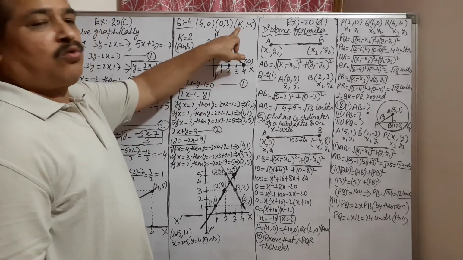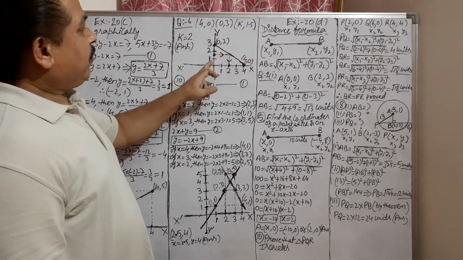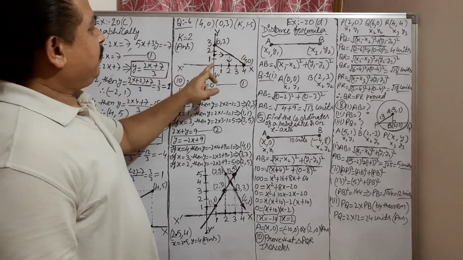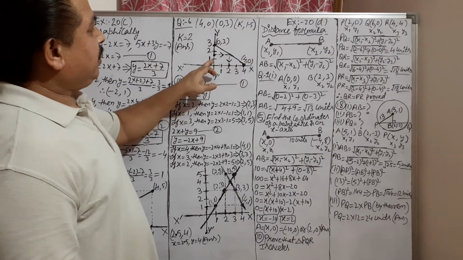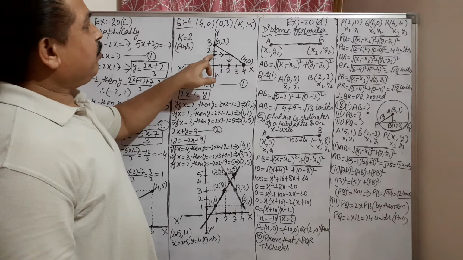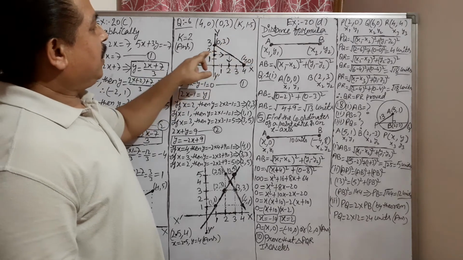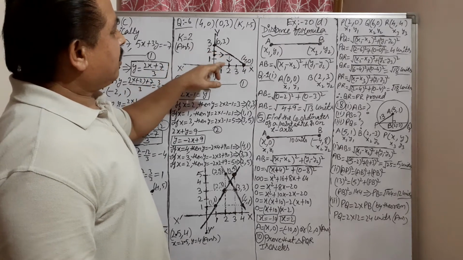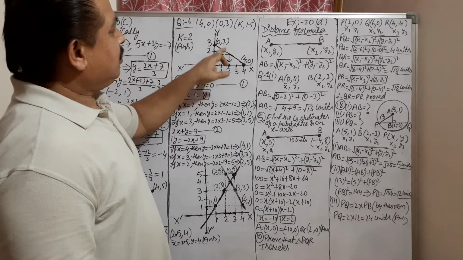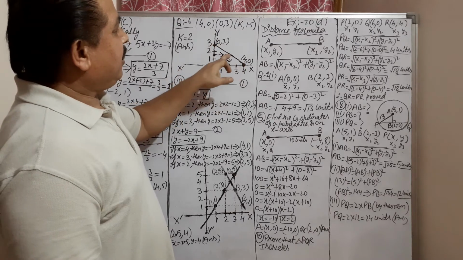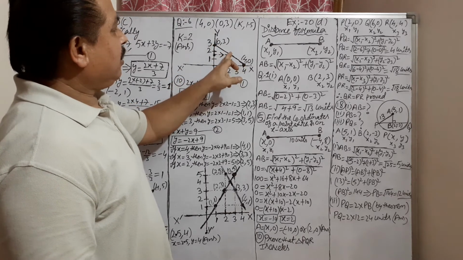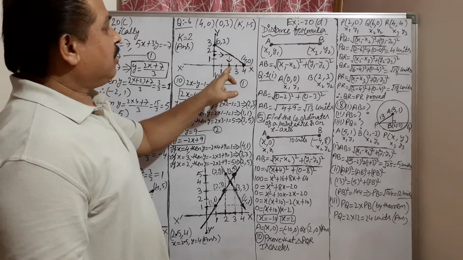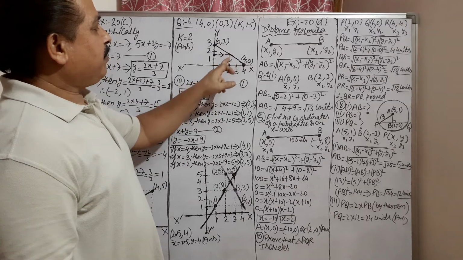And we have to find out the x coordinate. So on the y-axis, see where 1.5 is. It is between 1 and 2. This is 1.5 on the y-axis, and from the y-axis you have to draw a parallel line to the x-axis, and this line will touch the original line at a point, and from here you have to draw one perpendicular on the x-axis.